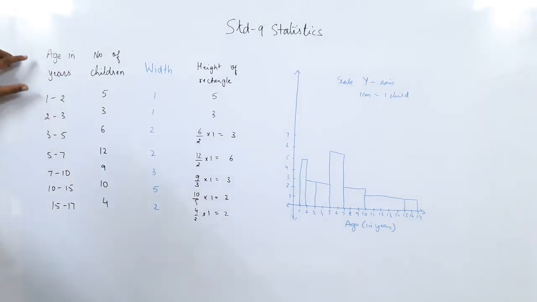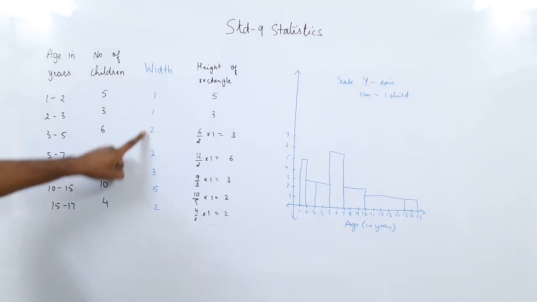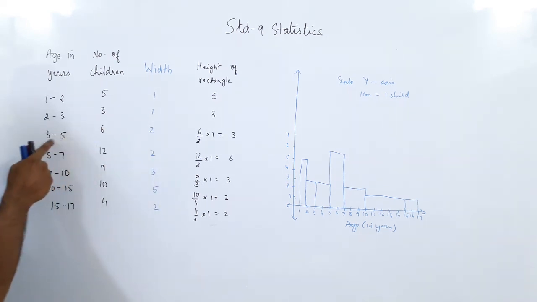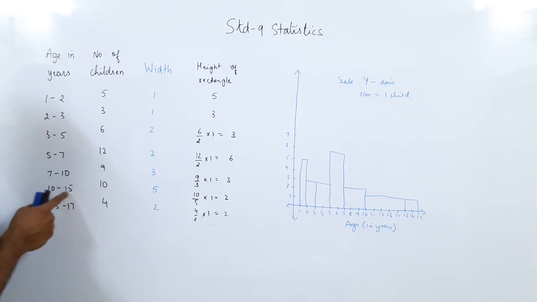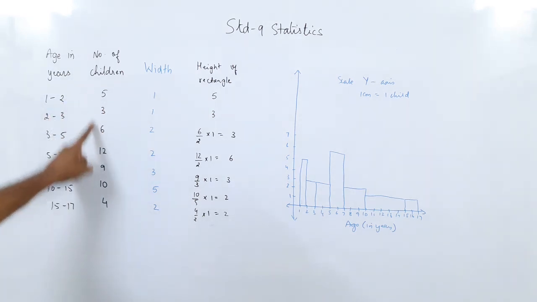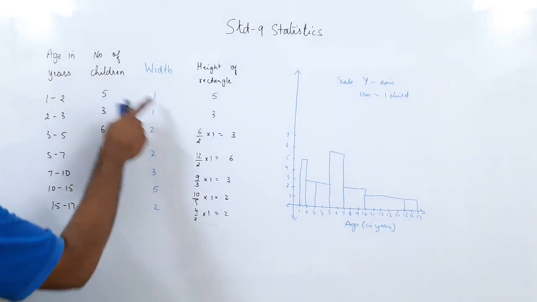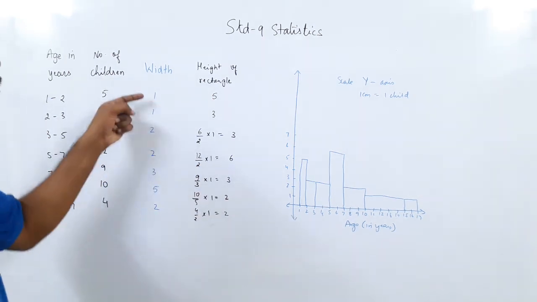So what you have to do in the histogram, first check whether it is continuous data. So this is continuous, the number of children. But when you are told to draw the histogram, the first thing is to check the width. 2 minus 1, 1, 3 minus 2, 1, 5 minus 3, 2, 7 minus 5, 2, 10 minus 7, 3, 15 minus 10, 5. So this is varying width. Now because the width is varying, this is not the true frequency. So we'll calculate the true frequency, but we'll check the width. We have decided we'll keep the width 1, not for the drawing, but for the comparison.